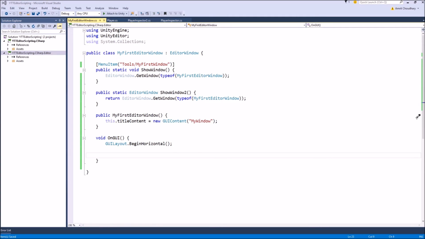But in the case of writing editor windows, we mostly stick to the GUILayout version of our GUI elements. So we use GUILayout.BeginVertical. Oh, let's make it vertical.